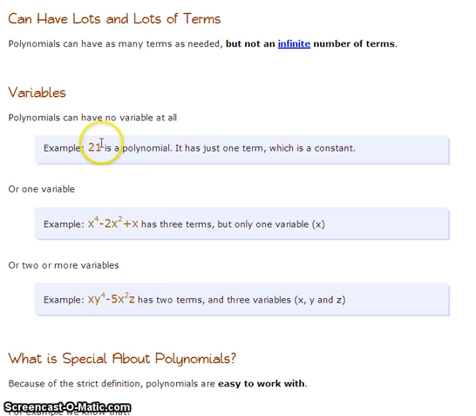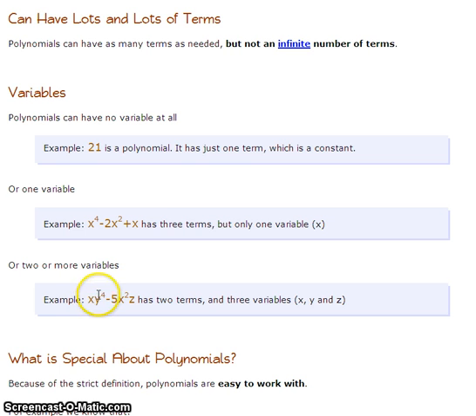This polynomial has a degree of 0 because there is no variable. This polynomial has a degree of 4 because the highest exponent in the expression is a 4. And this polynomial has a degree of 5 because in this particular polynomial,